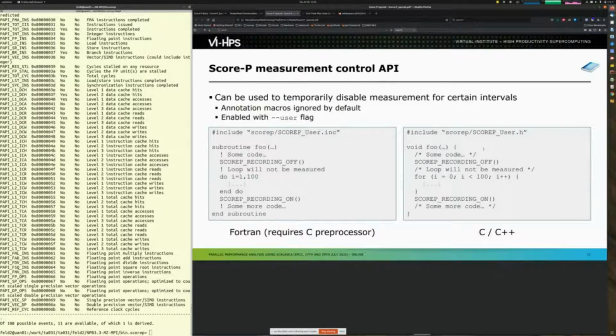Then there is the Scorpy measurement control API, where you can deactivate and reactivate the recording, which was already shown by Brian with the VT example. So you have this Scorpy recording off macro, which is the same in Fortran and C++, and then you have the Scorpy recording on. Everything between recording off and recording on will not get any additional region enter and exit, even if they might be instrumented. But you will get a new measurement off region in the call tree